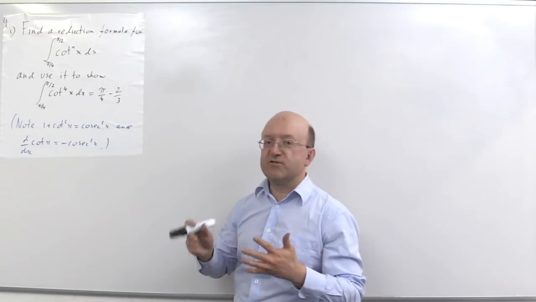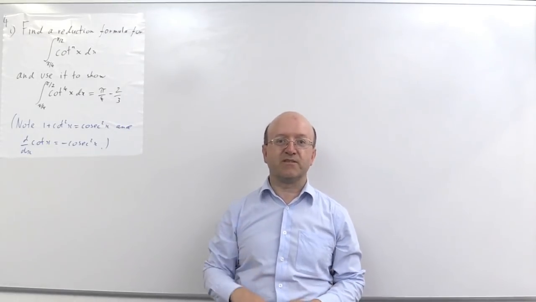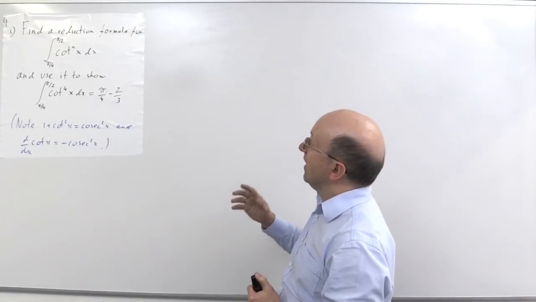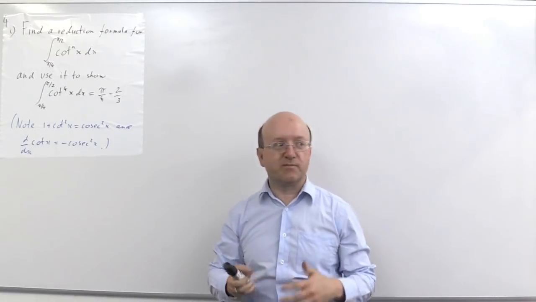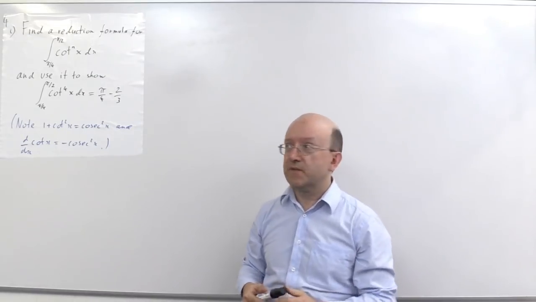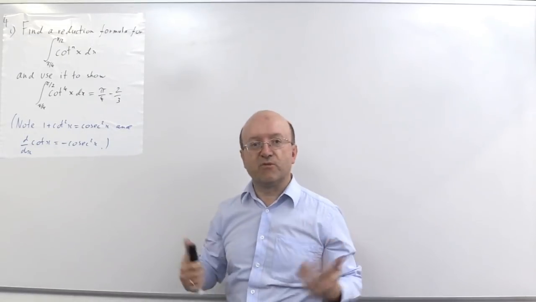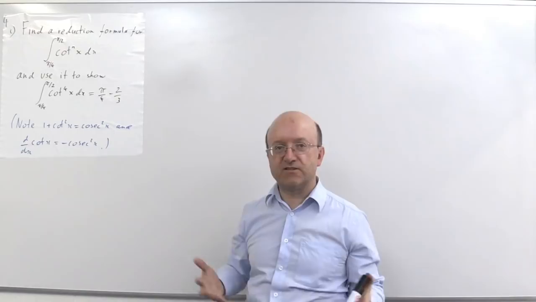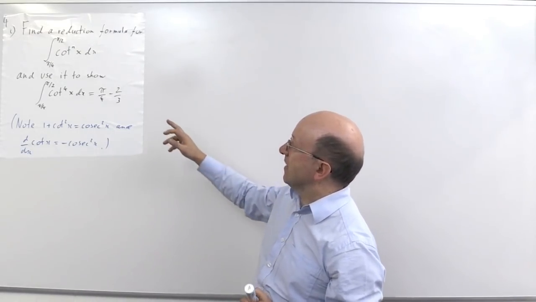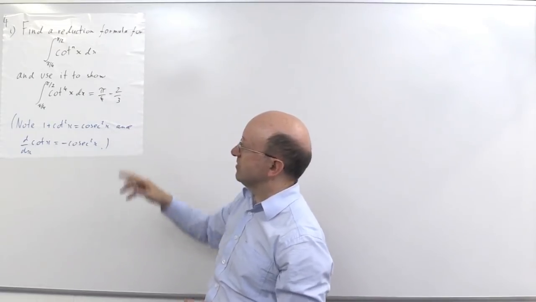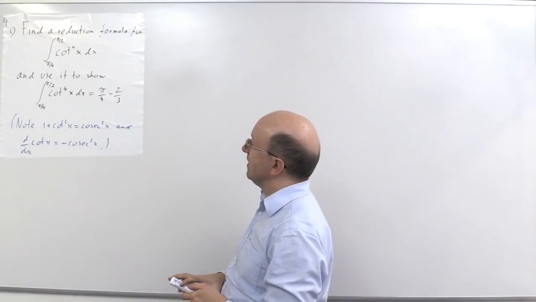Okay, so moving on to question 4, which is the calculus part of the MATH1241 exam. So our first question here is about finding a reduction formula. Now, it's very similar to one of the ones we covered in lectures. We covered tan in lectures, if I remember properly. So this is cot. And we're asked to find a reduction formula and use it as an application to find this integral, particularly